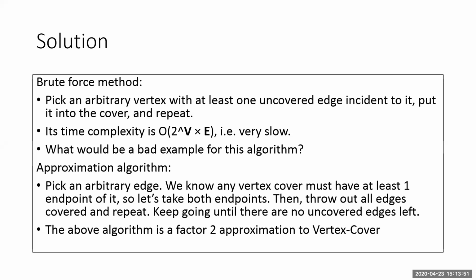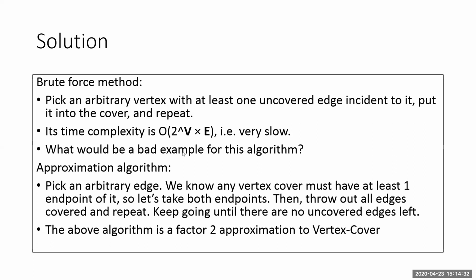So for every vertex you have to look into. For example, if you have 50 vertices in the given graph, then you have to do it 50 times. And for every uncovered edge, if you have 60 edges, then 50 as well as 60 you have to look into. So the time complexity will be given as 2 to the power of V cross E. Why 2? Because every edge has 2 vertices, so you have to look into both the vertices, how much each is covering. And it is very slow, so that's why we don't follow the brute force method.